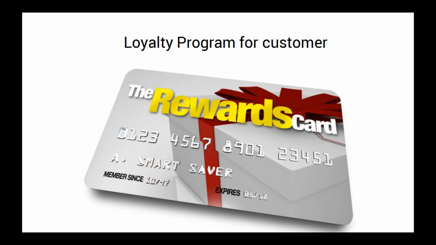It's a simple thing: when a customer comes and purchases from you, instead of giving them offers, you provide them some points based on the bill amount. Whatever points the customer gains from your shop, finally they can redeem the amount or get a gift from you. This is how it is managed all over the retail market.